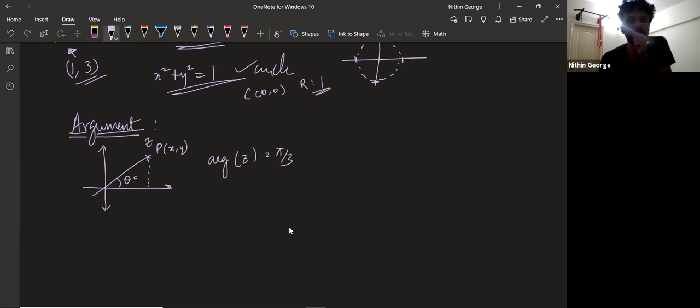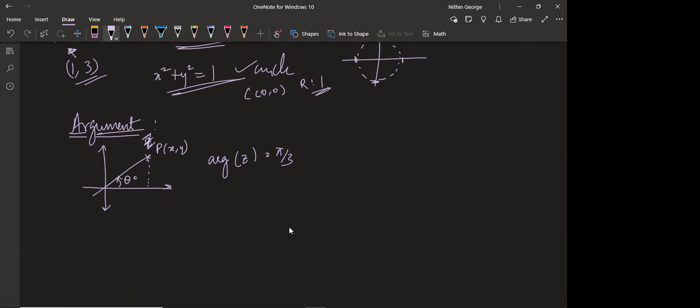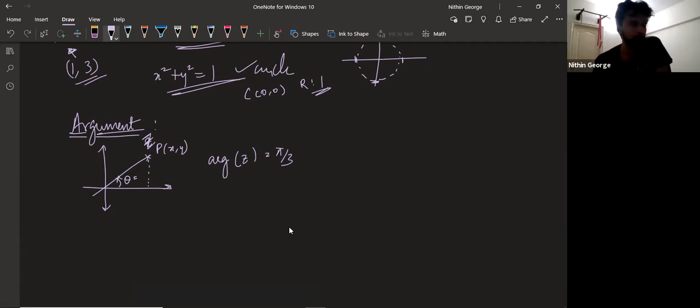Okay, so if you have a point z, represented by x comma y, the argument of z is the angle it makes with the positive x-axis. Is this clear? Yes, sir. Okay. So how you find theta is tan inverse mod of y by x. Basically, you get a first quadrant angle, theta. So according to the quadrant, you have to change the angle.